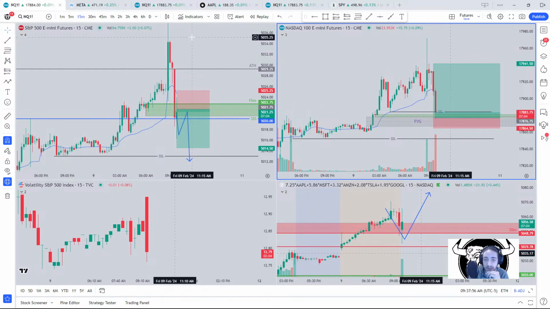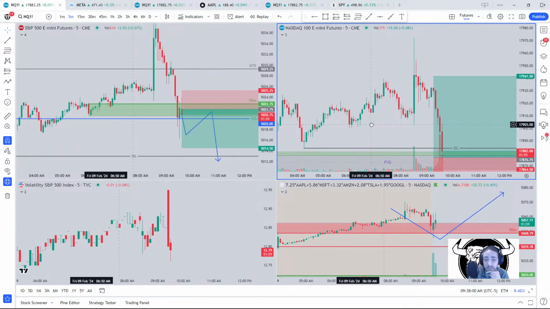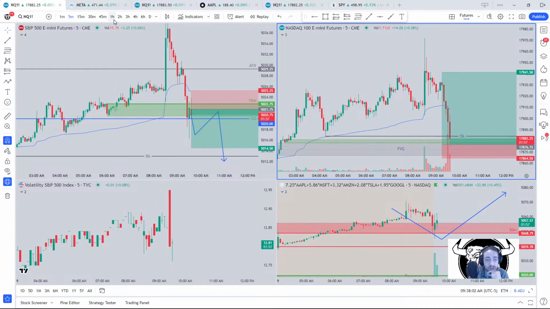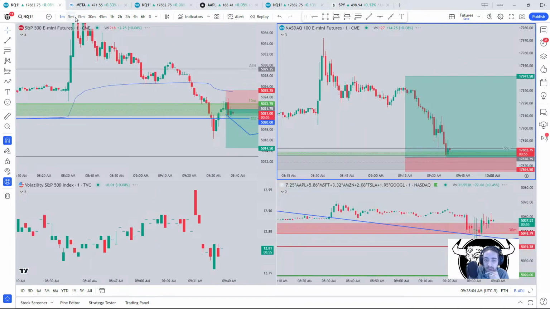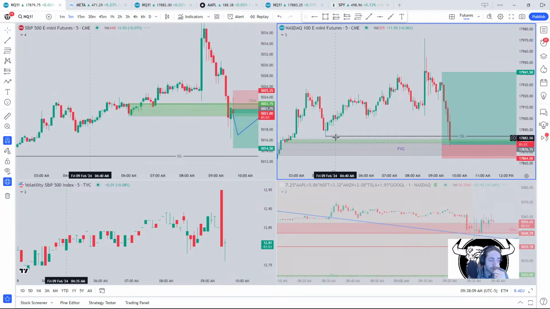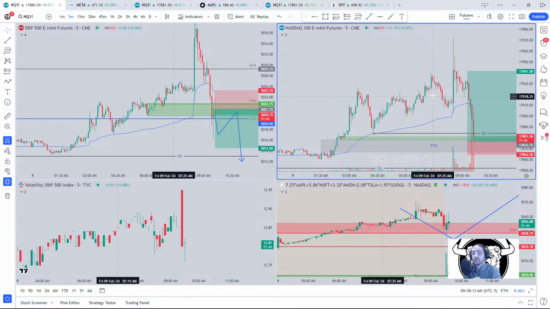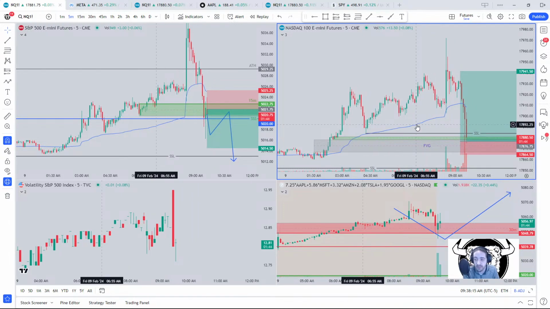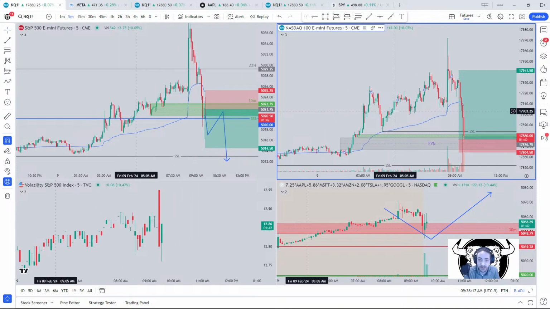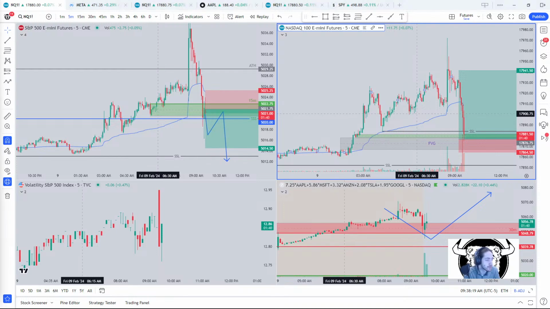Really want to see us push back higher. We are taking this fair value gap. I have been noticing, though, a lot of times these fair value gaps work better for scalps, and then we end up continuing through them. So I'm staying patient. I'm in these longs, respecting my stop loss. If we push down a bit, that's okay. If we push back up, I'm just staying in it. We got a minute 50 left in this 5 minute. Patience is key.